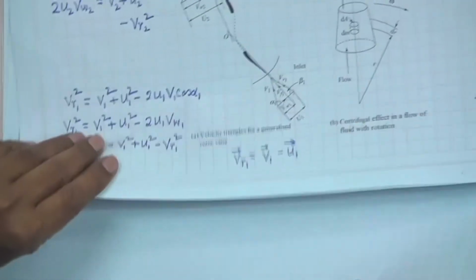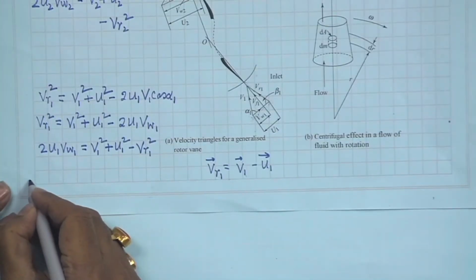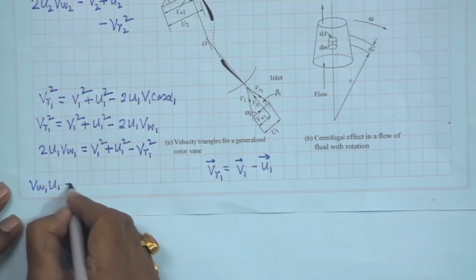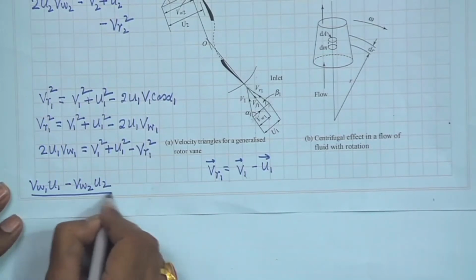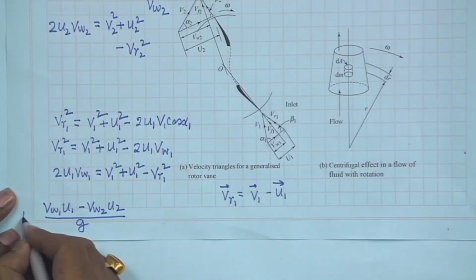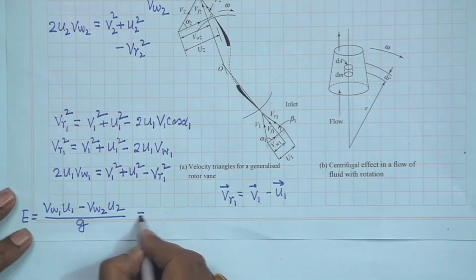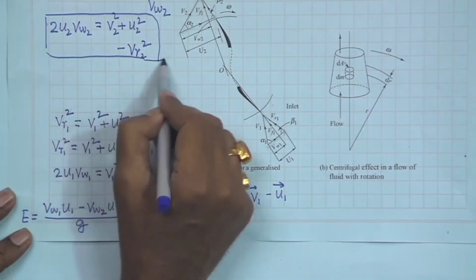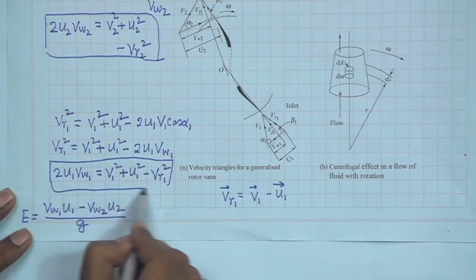What is this? We can write VW1 U1 minus VW2 U2 by g, which we already know as E, the energy per unit mass given by the fluid, now can be written from these two expressions as